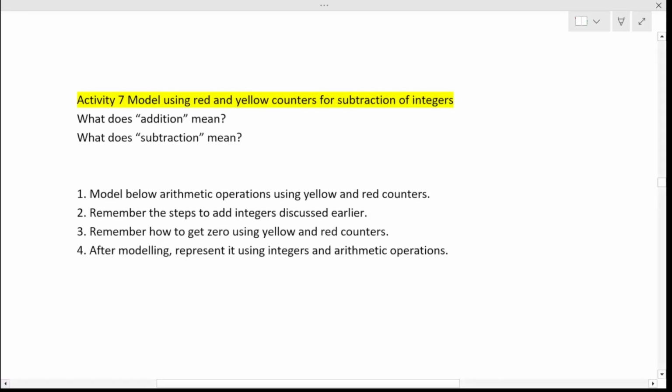So basically, what does addition mean? In our example, addition means you have different counters, which are yellow counters, to represent the number of positive counters. Like in this case, 3 yellow means it is plus 3. So addition is basically you add as many integers. The integers can be the yellow ones, or you can also add, in this case, 3 plus 2 is